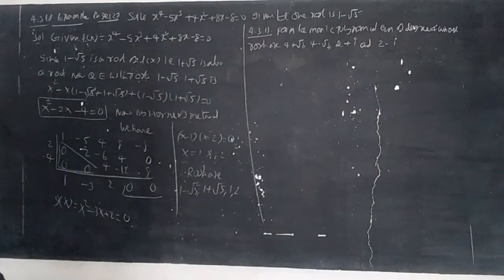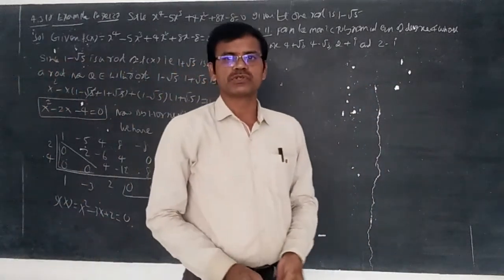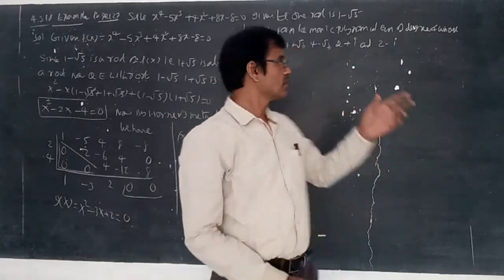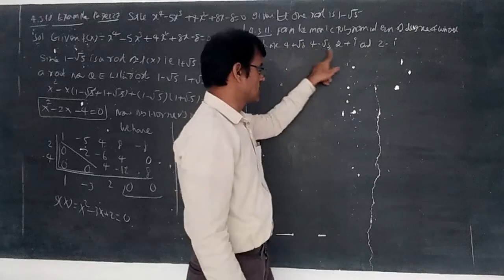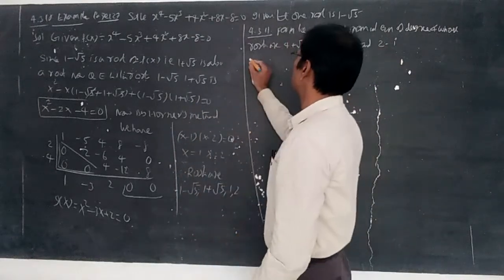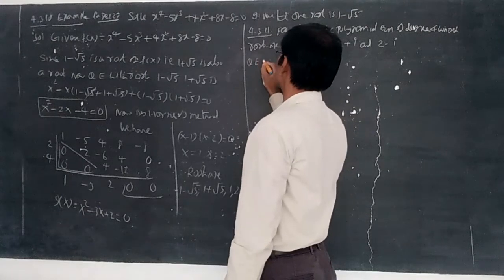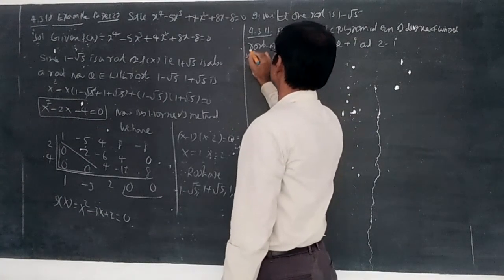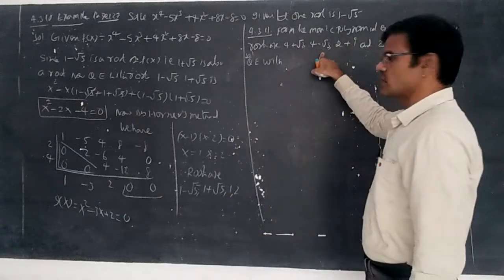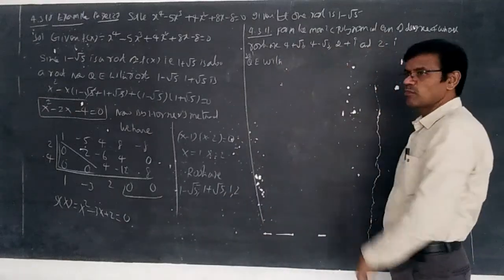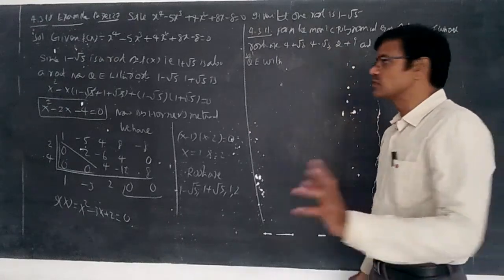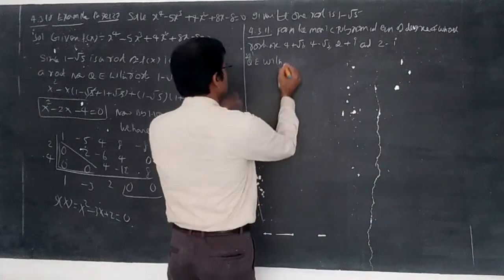Here you can understand the roots exist in pairs. The first pair is surds and the second pair is complex numbers. First you need to calculate the quadratic equation with surds and next the quadratic equation with complex roots. Multiplying them all at once is not possible, so you calculate the quadratic equation with surds and the quadratic equation with complex numbers separately.